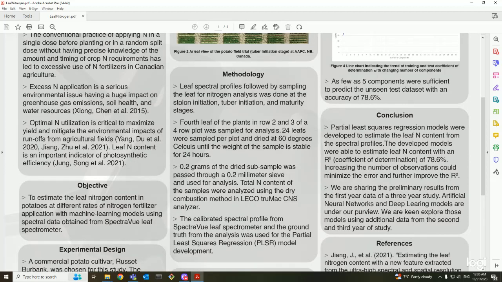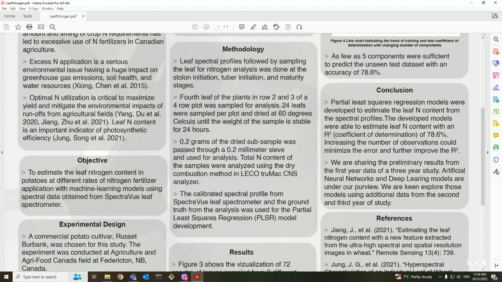And this is a preliminary study, we just used partial least square regression, and we are having a few other models like artificial neural network and deep learning models to further explore. But since we had very few observations from the first year of a 3-year study, we were limited on the number of models we could use. We are hoping to collect more data in year 2 and 3 and combine them together and try different models, and we will be more than happy to share our results from year 2 and 3 in the upcoming